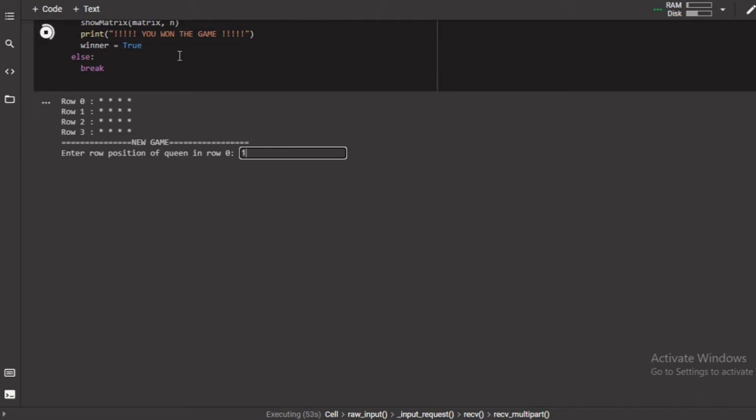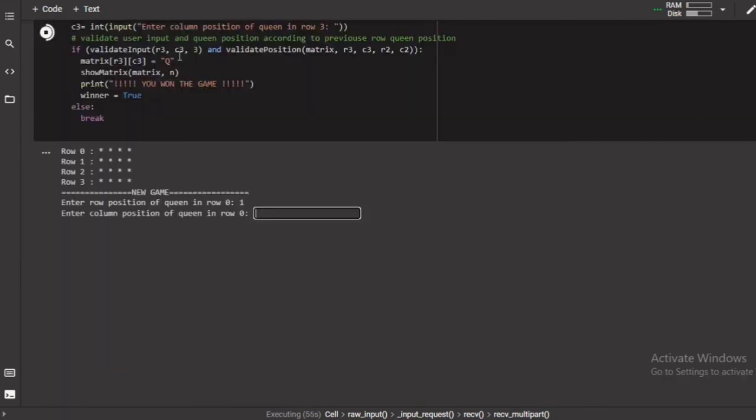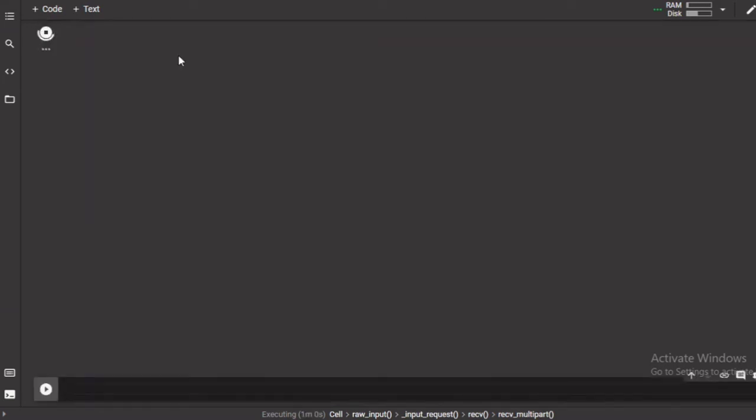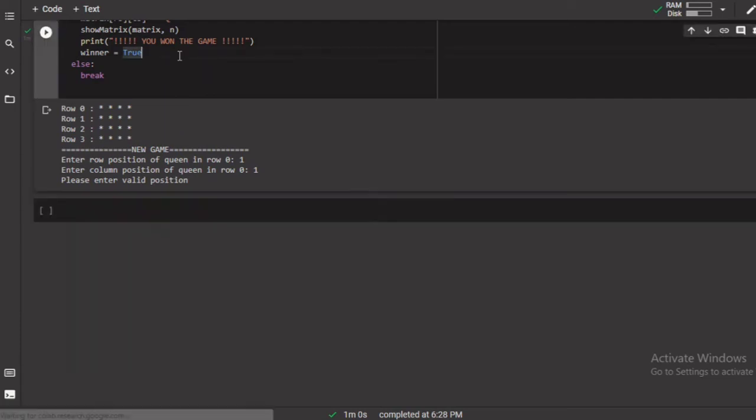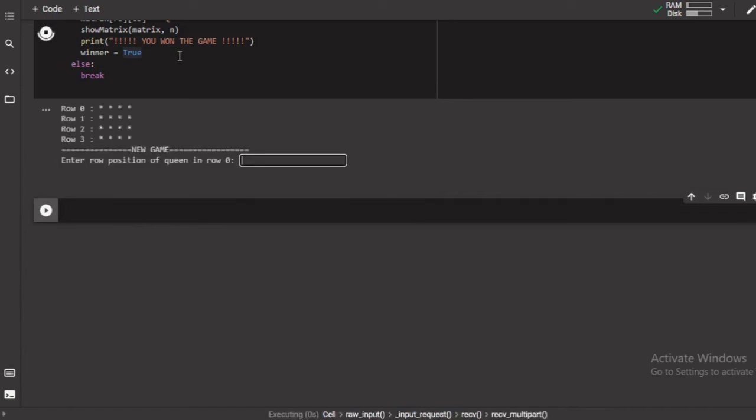So now let me execute this again, and now let me give a valid input, that is 0 and 1. As you can see, a queen is added at the position 0 1, that is row 0. Now it is asking me to enter the position for the queen in row 1.